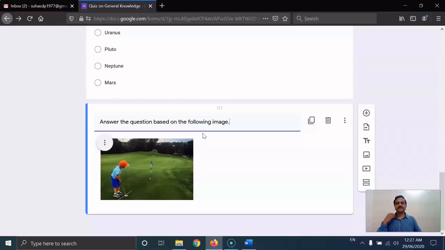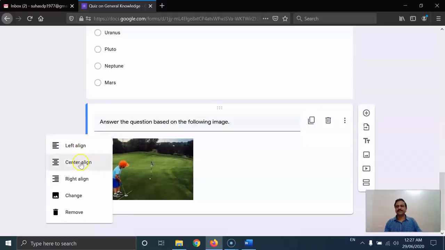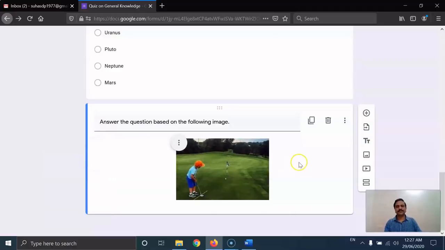Okay, I have given this message. Whether I want the image on the left side, right side, or center, I can mention here. I am keeping it at the center.